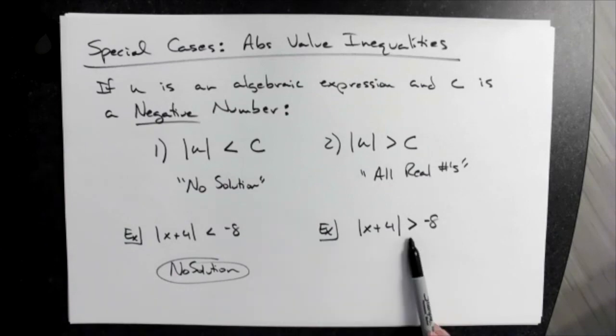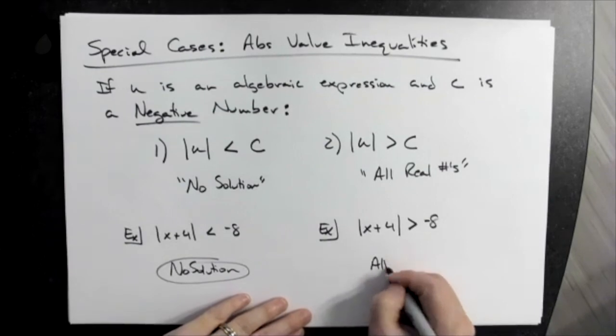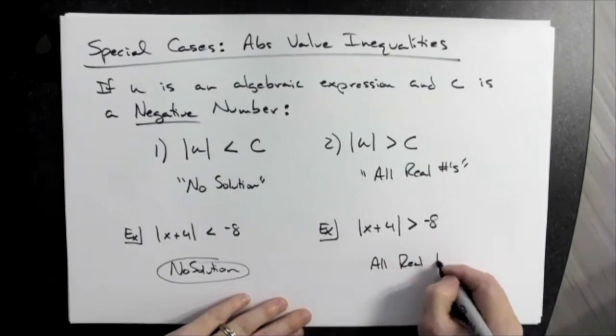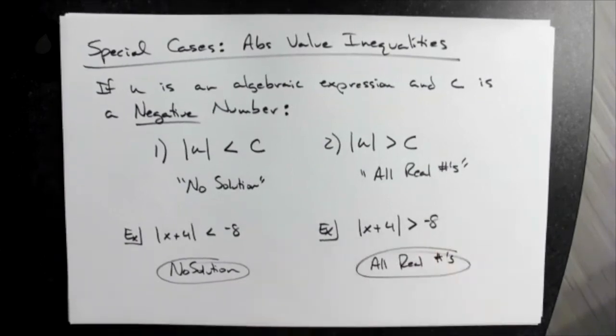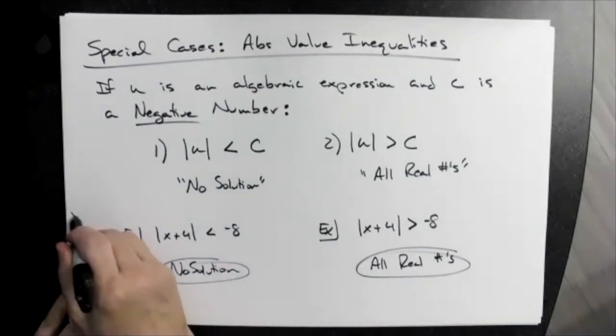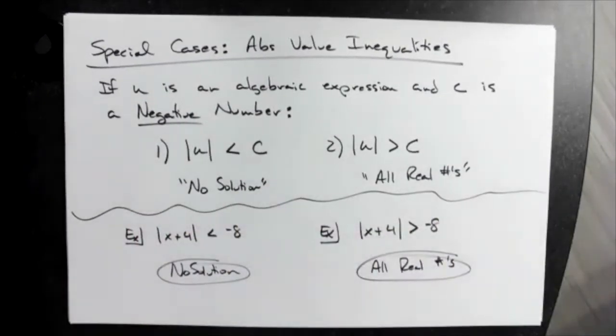Positive 6 is always greater than -8. This is always good. So this is all real numbers. So two special cases that you do actually have to memorize there. There's the examples underneath the rule on top there. All right. Now, there was